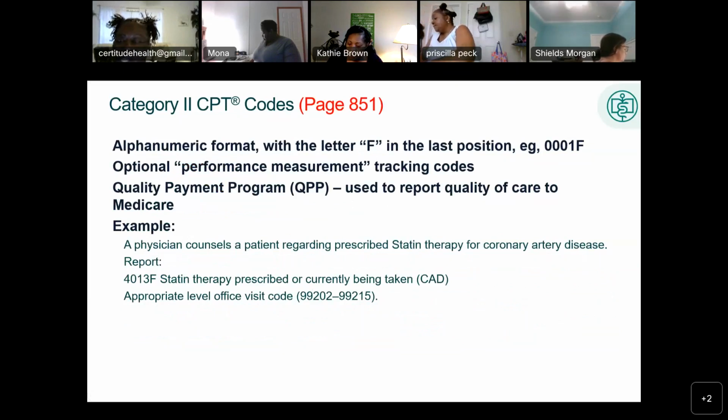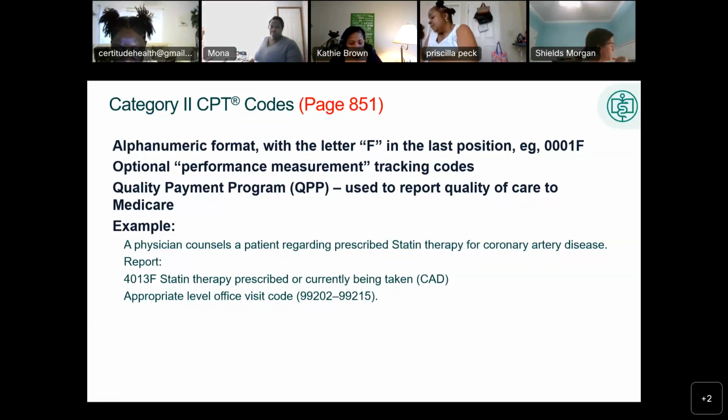So a couple of things about the next category that we're going to look at. Because we're still talking about categories 1, 2, and 3, in a nutshell, that's category 1. Category 1, to sum that up, is going to be your 5 numbers that represent a procedure or a service performed. Category 2